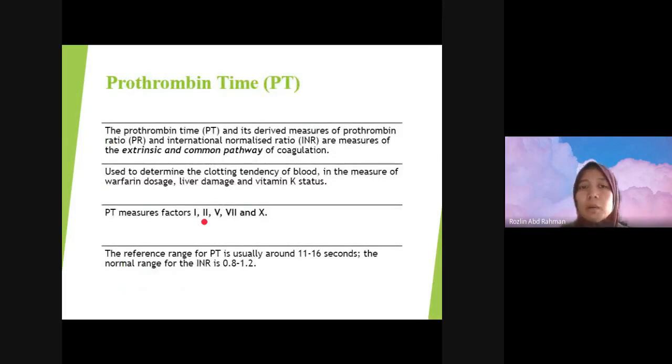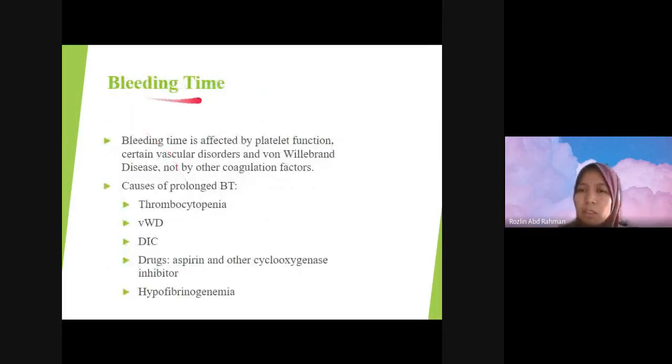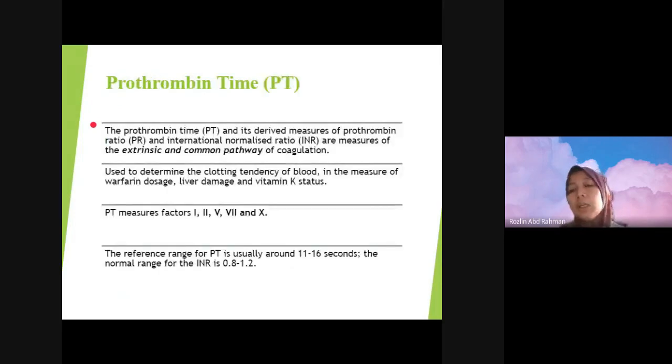Okay. Prothrombin time, sekarang ni kita jarang dah lah tengok bleeding time ni, sebab we can usually just look at the platelet number from the full blood count. Prothrombin time, this is most commonly measured using your blood plasma. Okay, kita ambil darah, withdraw blood dalam tube, and then dalam tube tu kita ada citrate. Okay, citrate ni it acts as an anticoagulant. Dia akan bind with the calcium in the sample. Okay, so kita mix the blood, centrifuge, and then we separate the blood cells from the plasma. So the plasma is analyzed in a machine,